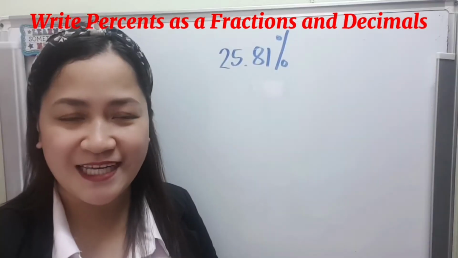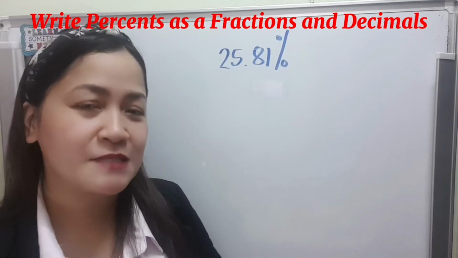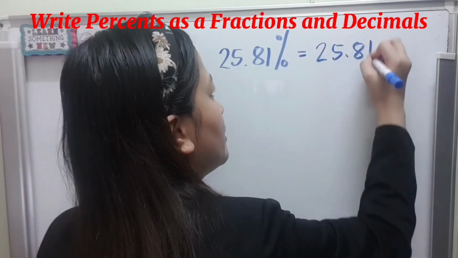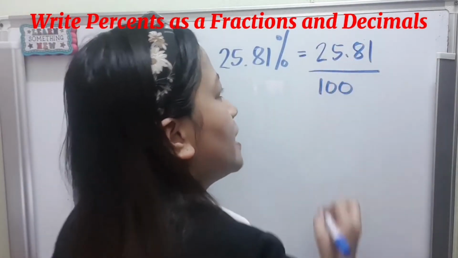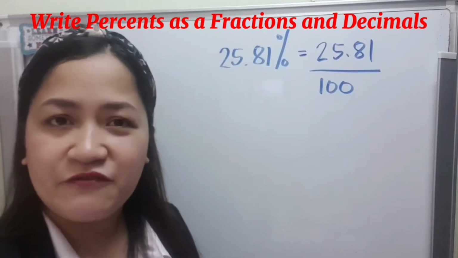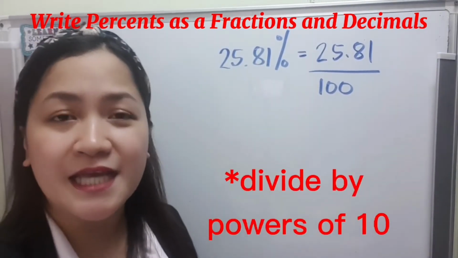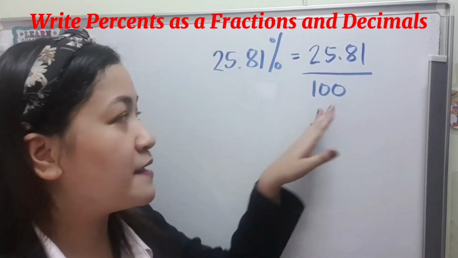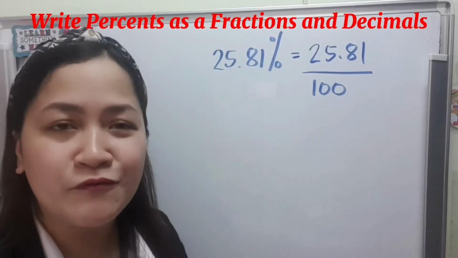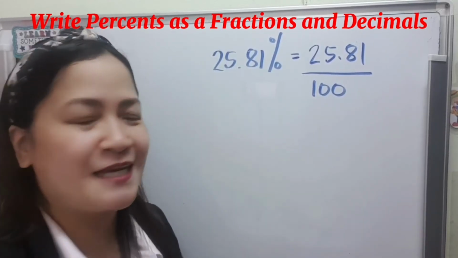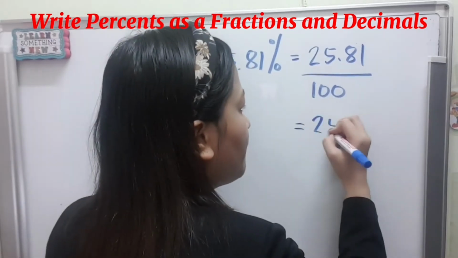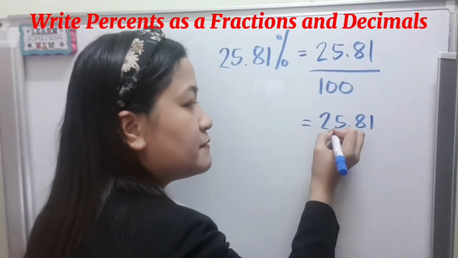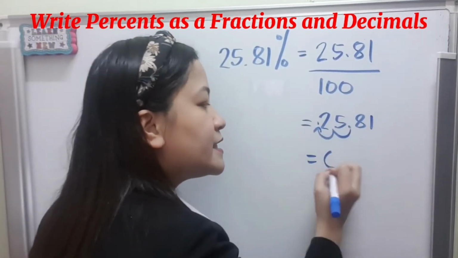Another example, we have 25.81%. Let us first write it as a fraction or as per 100. So that will be 25.81 over 100. Remember, when we divide numbers by 100 or decimals by 100, we can just move the decimal point to the left. Since we have 2 zeros in 100, we will be moving the decimal point 2 places to the left. So you see here we have 25.81, right? Since we divide it by 100, we will move the decimal point 2 places to the left, making it